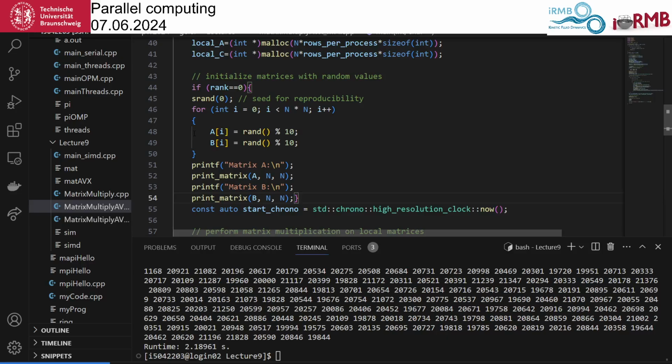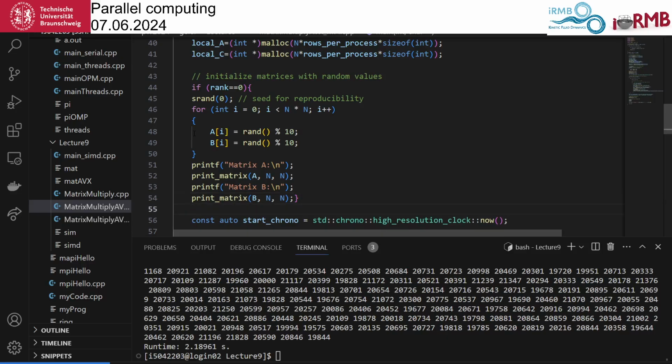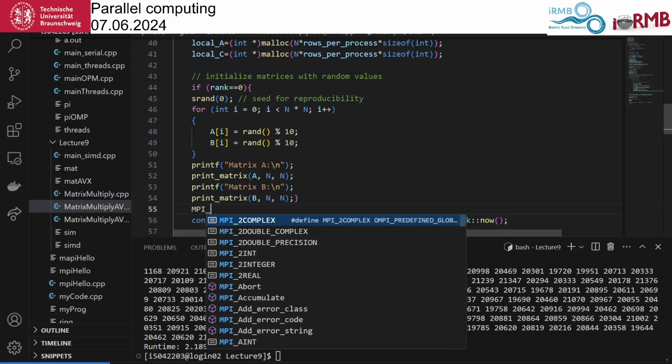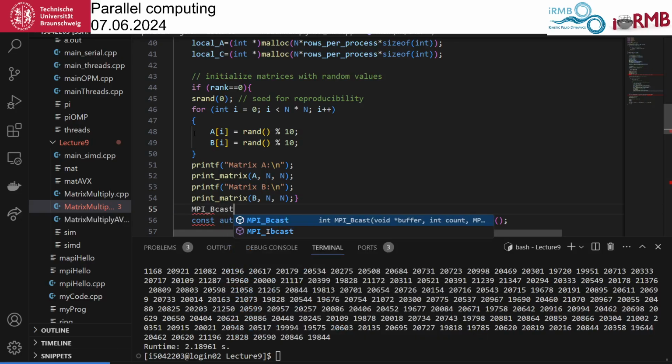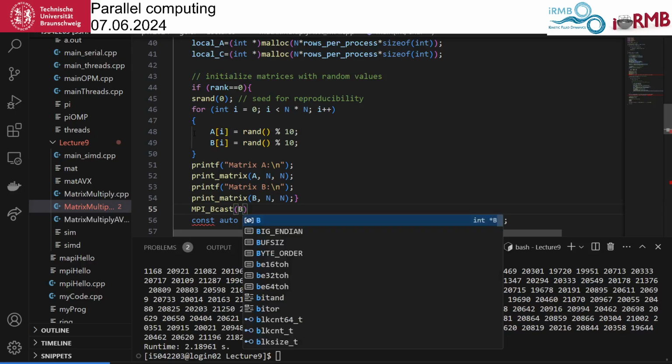we are in rank 0. This is, of course, not correct. All ranks have to call the broadcast, and the broadcast function itself will decide who is sending and who is receiving. So now we need to get these things around. We call MPI bcast. MPI bcast is sending the matrix B,